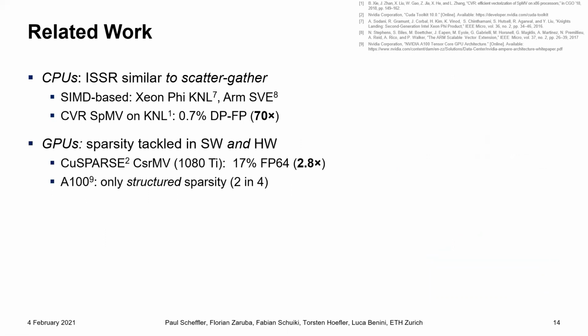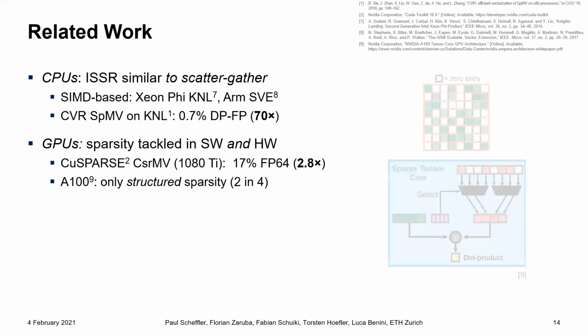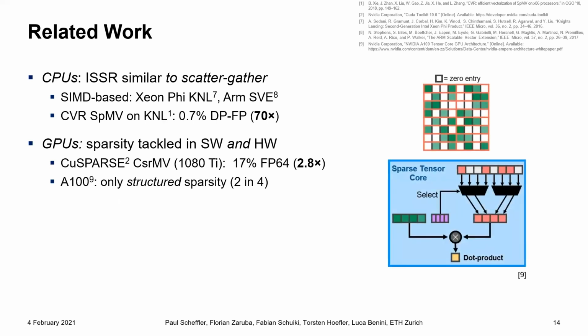Then in GPUs, sparsity is tackled both in software and in hardware. For example, NVIDIA's own cuSPARSE kernel on a 1080 Ti for CSRMV achieves only 17% double precision floating point utilization, which is still 2.8 times less than what we achieve in our cluster. In recent times, there have also been proposed hardware extensions for GPUs, for example, in NVIDIA's A100 architecture proposal, which is shown here. However, this supports only structured sparsity, meaning that 2 in every 4 consecutive values must be 0